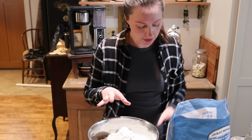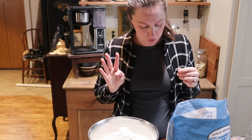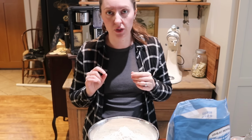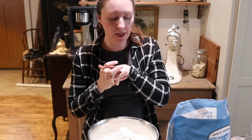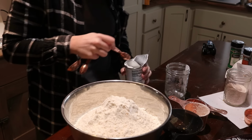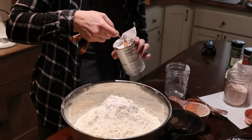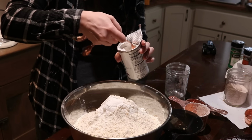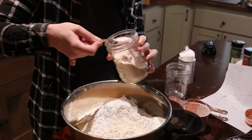So I've got those 2 ingredients in here. I'm going to add 4 teaspoons of salt. I am going to add 4 teaspoons of baking powder and 8 ounces of unsweetened cocoa powder. I'm also going to throw in some chocolate chips in here as well, and we're going to get this on the shelf. All right, so to the flour and sugar, we are adding 4 teaspoons of baking powder, 4 teaspoons of salt,